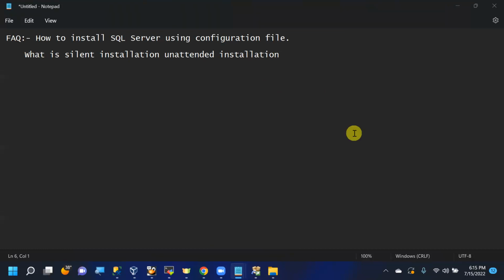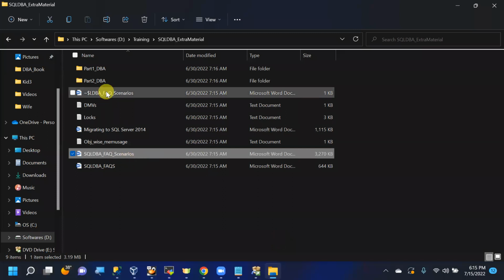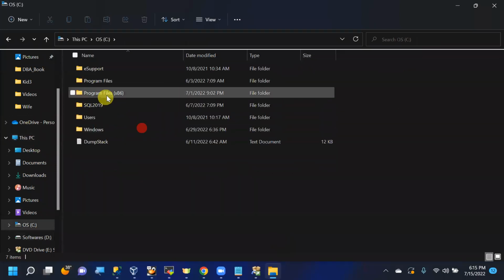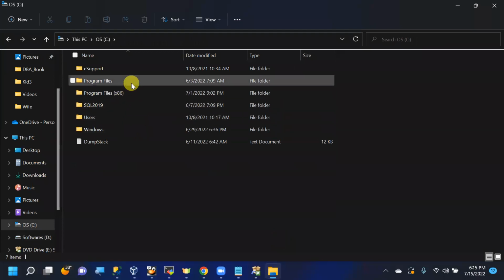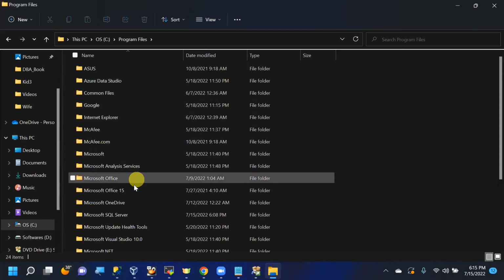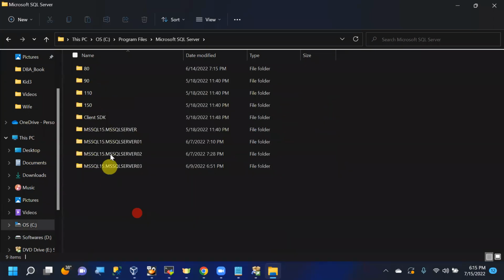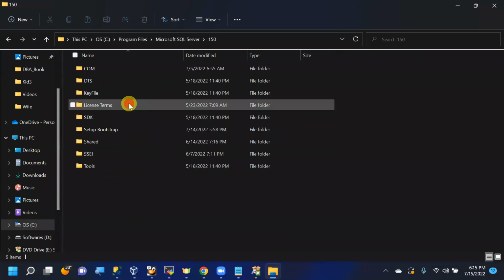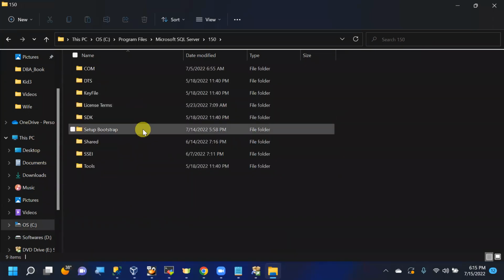We can edit the configuration file and install SQL Server. Let me open the configuration file. We'll install SQL Server using the configuration file. Where is the configuration file? Go to C Program Files, Microsoft SQL Server, 150, Setup Bootstrap,